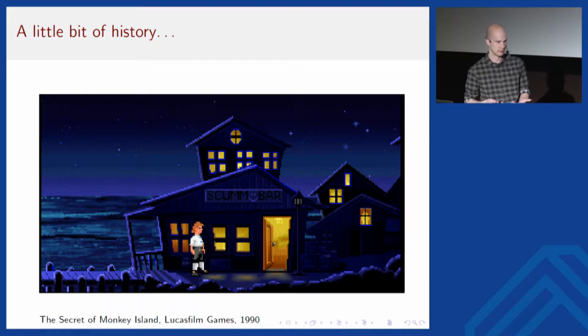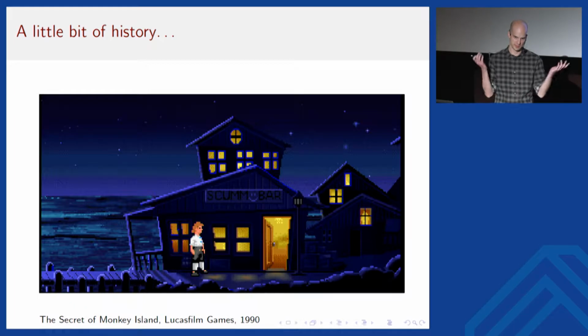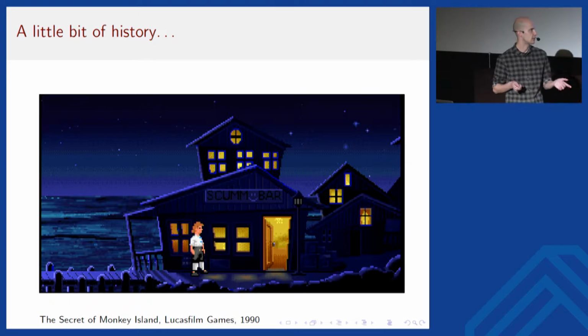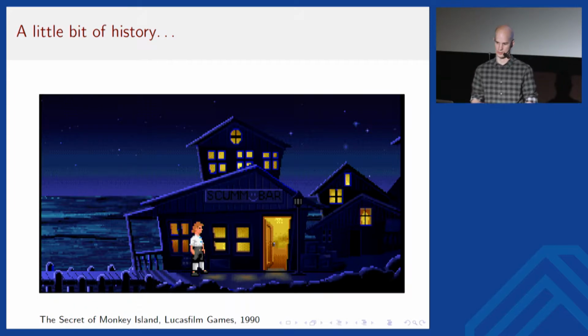The scripting language has been around since Maniac Mansion. That's how it got its name. And it has been used in all of the 2D classic LucasArts adventure games. And this is sort of an inside joke calling out to that language.